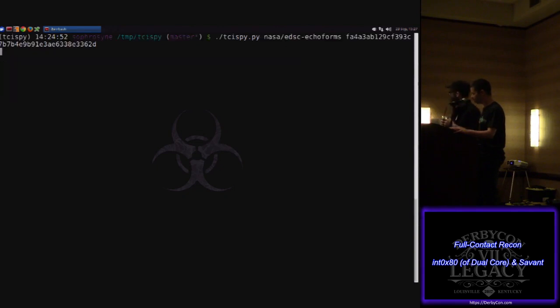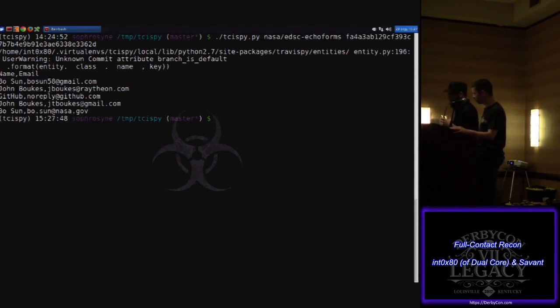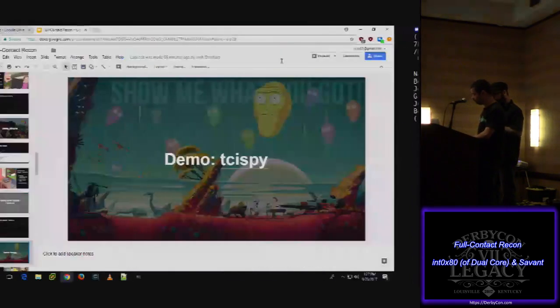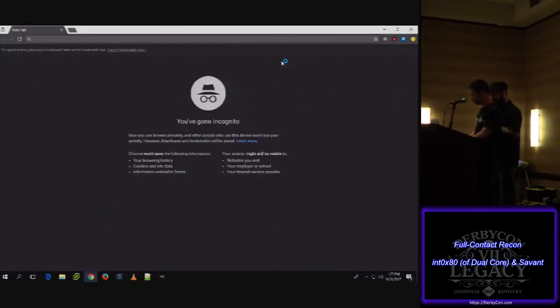Install the TravisPy pip Python module, and then we run TCI Spy. Now if you notice back here, there's this MD5 string. This is actually a token that you'll need to generate from your personal GitHub account. But again, all of this is touching infrastructure that is not the target's infrastructure. So if we run this really quickly,